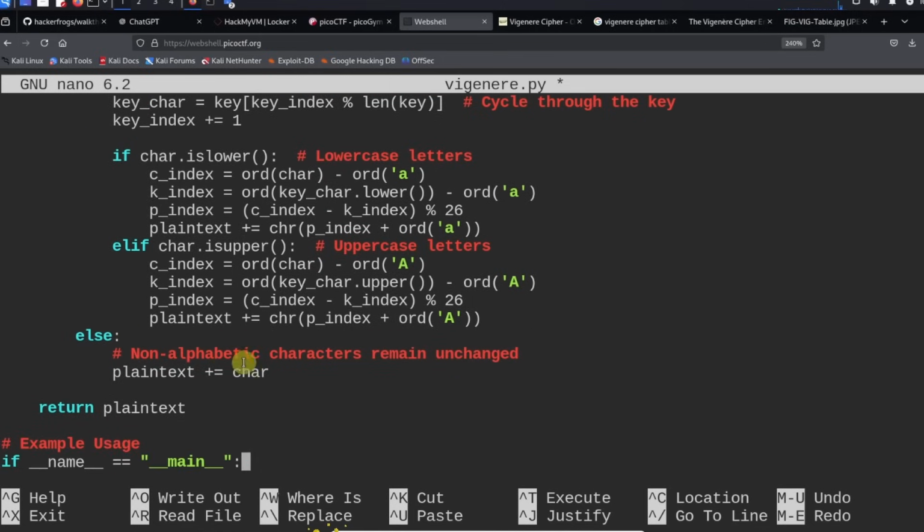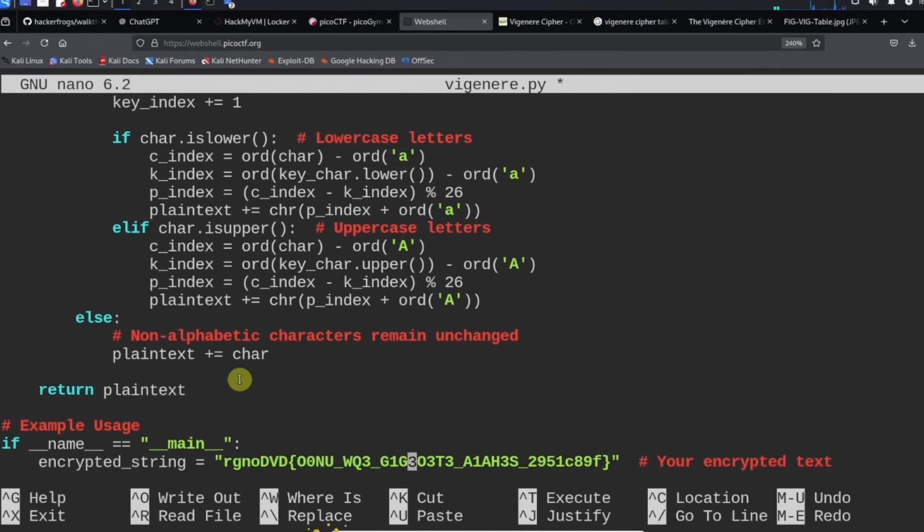The last thing that we need to do is ensure that non-alphabetic characters are added to the plain text unchanged. So this is the last part of the code over here, the else. And the last thing that the function does is return the plain text. Okay, so